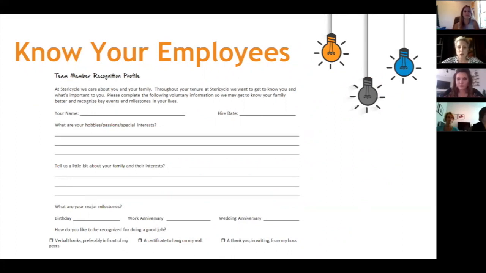So this is the skill that I've honed in on for probably the past 20 years. Know your employees. This form is in our new hire paperwork, and Ashton will send that out to everybody, but it's a basic recognition profile. We give this to them after they've been hired. We're not asking them what their family dynamic looks like during the hiring process, but we want to be able to track their hobbies and special interests, what things they enjoy doing, and then at the bottom, you can't really see here, they check off what kind of recognition style they prefer. And this is just the beginning.